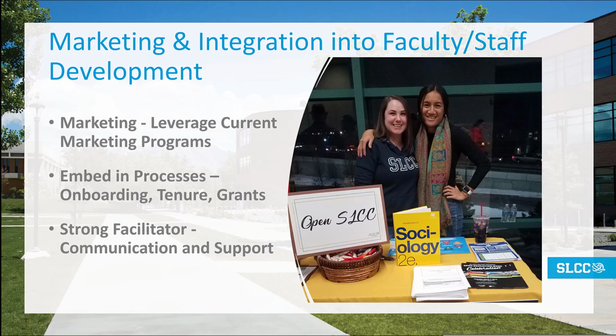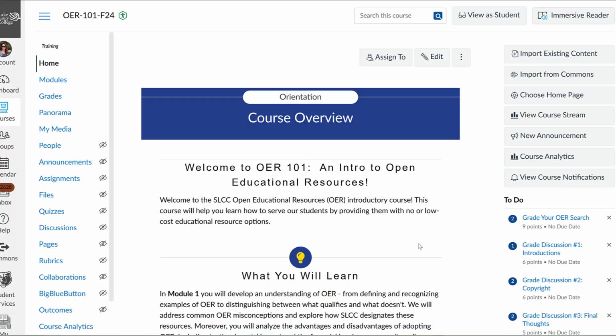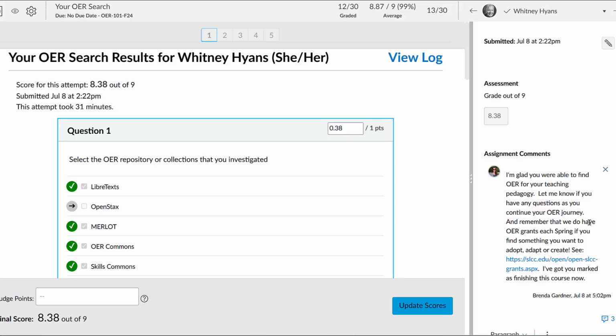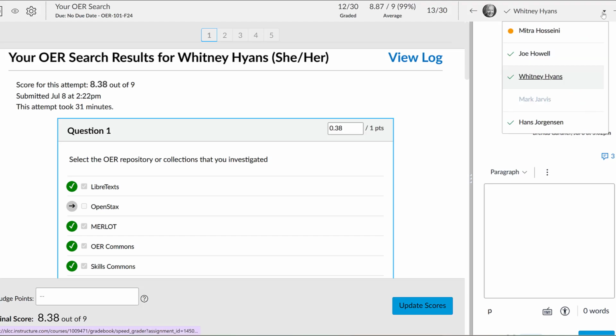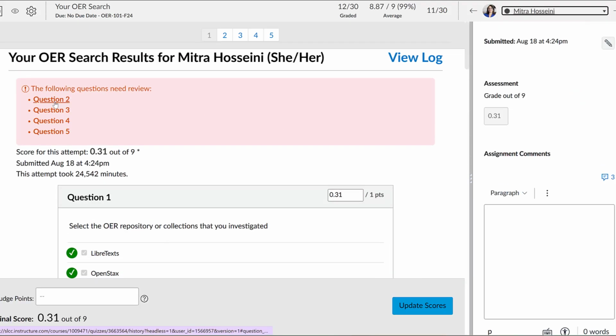Consider other people at your institution beyond faculty that may benefit, such as those who work directly with students and those who supervise faculty. Lastly, I suggest you think about who should facilitate the course, whether that be an OER librarian or a faculty fellow. Be sure to find someone who can advocate for, encourage, and communicate with participants in order to see a successful